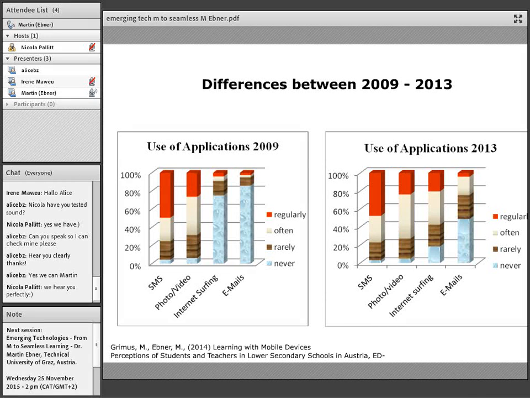In 2009, most children had just media-enriched phones, not all had smartphones. Most of them had no internet on the phone. And of course, you see, for example, that 80% never used email in 2009. At the age of 10, they never surfed the web, and they were just doing short messages or photos or videos. And in 2013, just four years later, it changed dramatically.